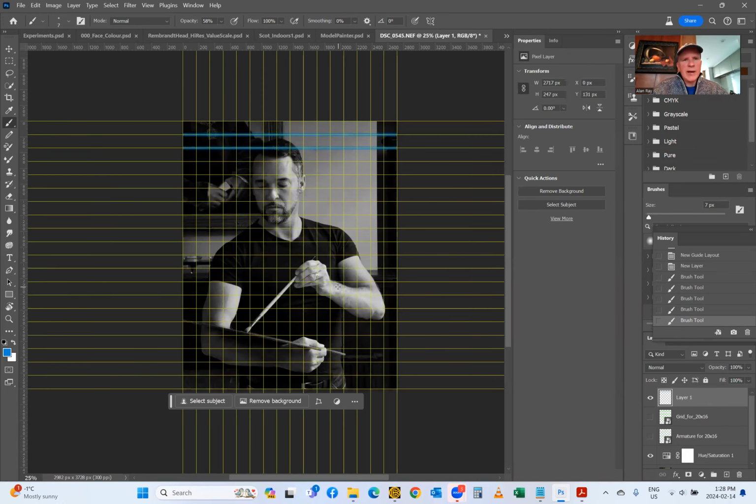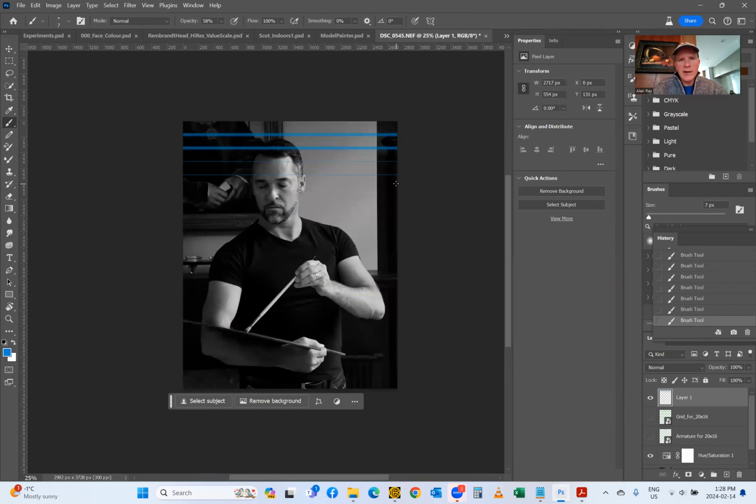I would turn the guide back on. I would continue drawing my guide. Oops, I'll do one more line. Turn off the guide layout. So there are the lines I want underneath here. And when I finish this,